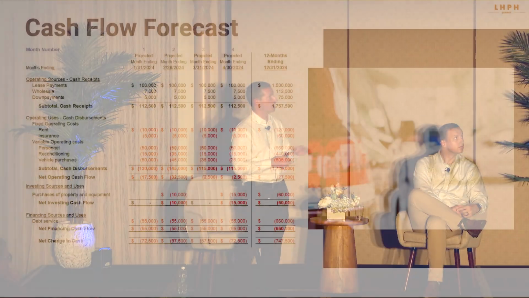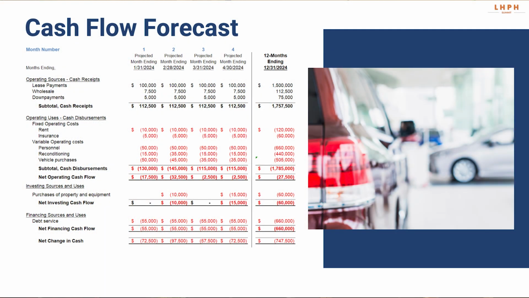In column 1 here, that's really the start, where you're looking at your sources on top: rental payments, wholesale cash source, and also upfront your down payments. Then you have your operating uses, again splitting by fixed and variable. Your fixed: rent, insurance policies, and subscription agreements to technology that you're utilizing would be another example. Those you usually get 12 months of an expectation. What's your monthly outlay? You know what those look like, not a lot of math or thought.